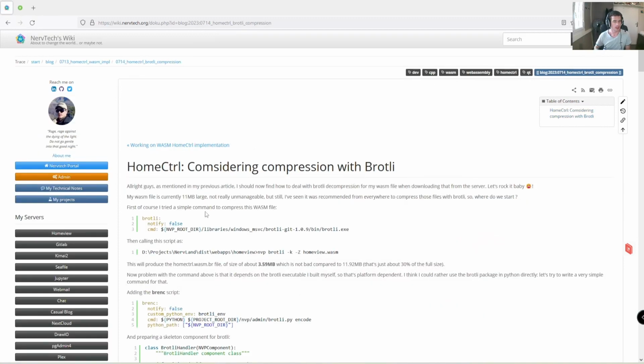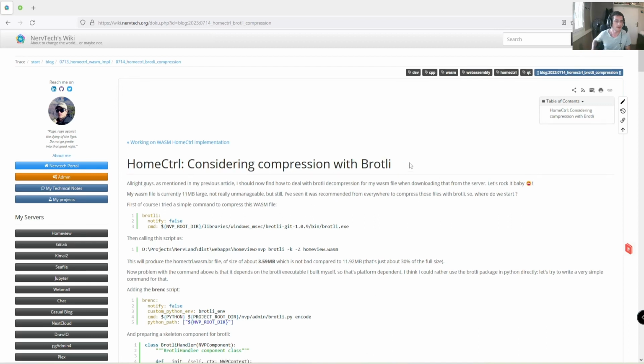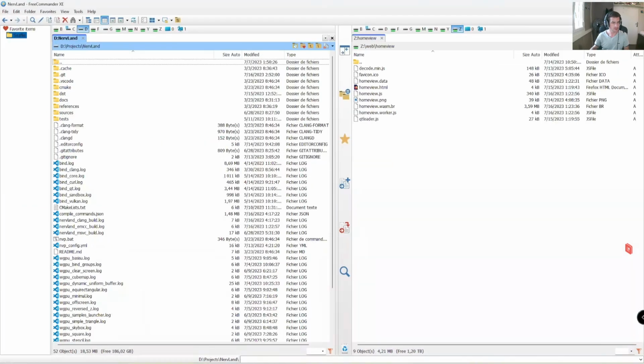Considering, okay, let me fix that already. All right. So yes, the idea was to try to start thinking about how you would handle the Brotli compression for your WASM file. In fact, we can maybe just show that